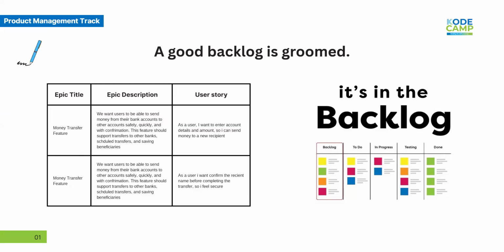You often hear that a good backlog is groomed. Now, what does that mean? It means a good backlog is reviewed regularly. You sit with your team, you read through it together, you remove duplicates, you clarify stories, you adjust your priorities, you make sure the top items are ready for development, RFD. I'll teach you how to do that part soon, but for now, I want you to think of the backlog